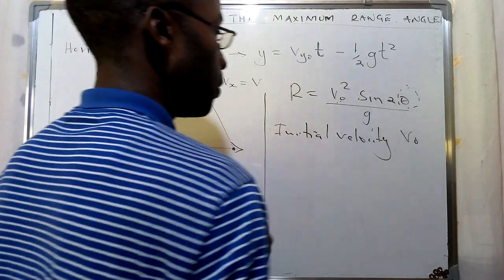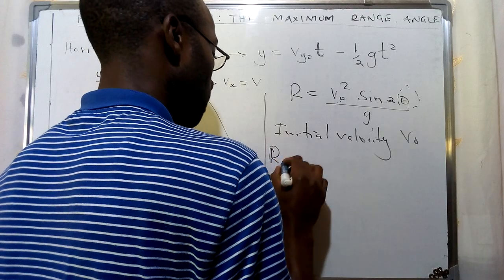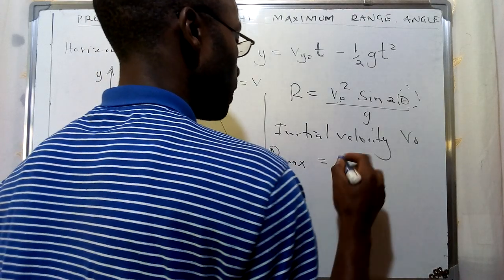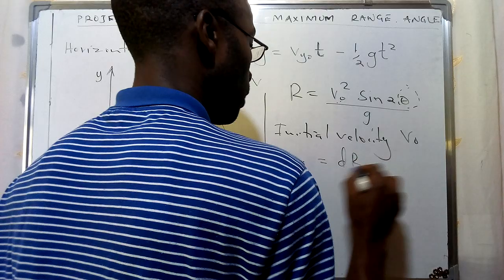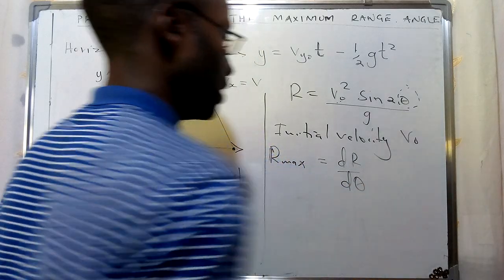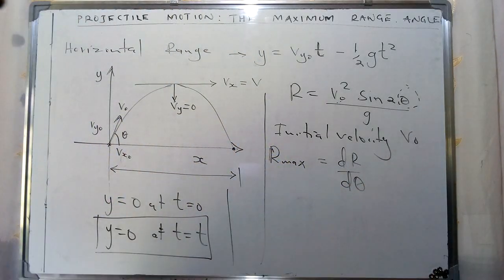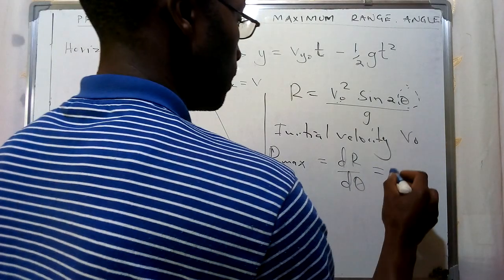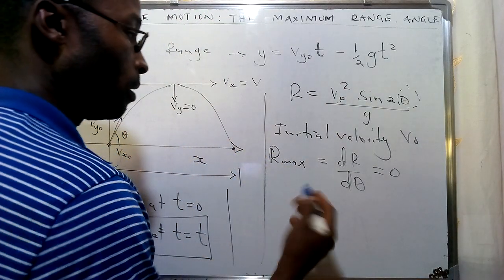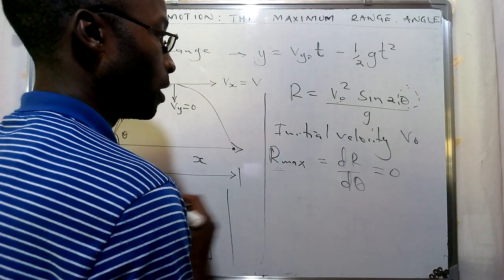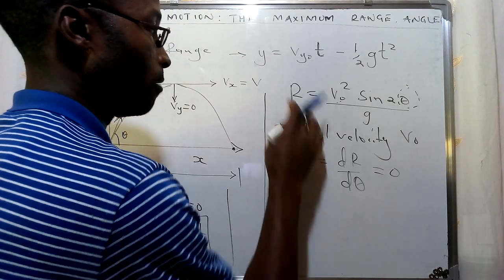In this case, we're going to have the maximum range given in terms of dR over d theta. So we are going to differentiate the range with respect to theta, and this is going to give us the value of 0. Basically, that implies that we're going to find the first derivative of this range